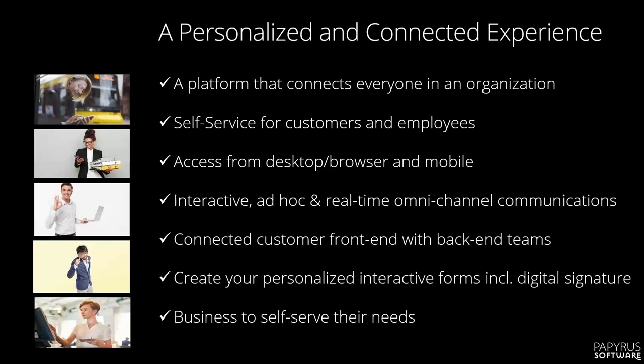This is really a strategy companies have, not this island type of communication. So self-service also for customers and for employees, not just for consumers, but really also internally. The other thing is people are on mobile today, they have desktop browsers, so everything needs to be web-enabled. Communication is interactive, can be ad hoc or real-time, and specifically it's omni-channel today, and so things become more complicated,